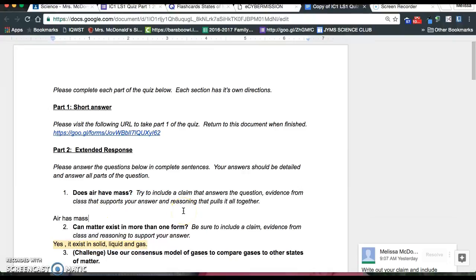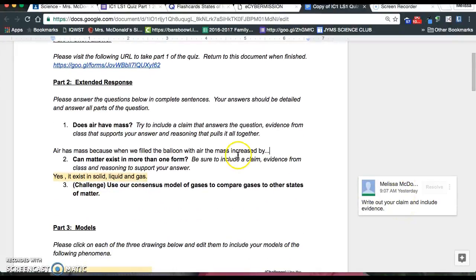And I'll say air has mass because when we filled the balloon with air, the mass increased by, and I'll fill in that data. Then the other part of my comment, before it was deleted, said include a scientific